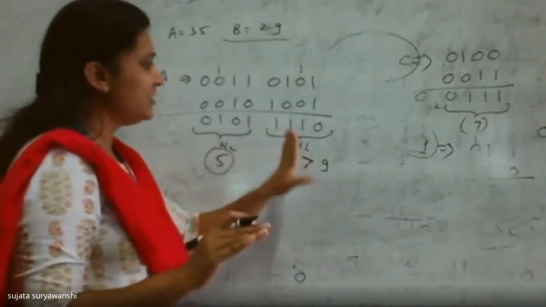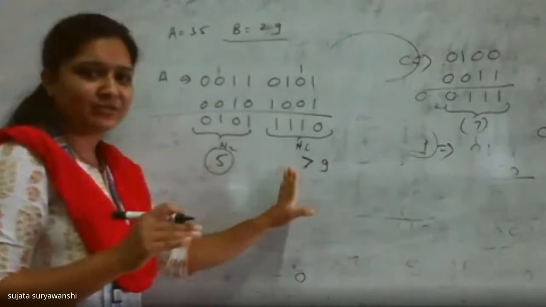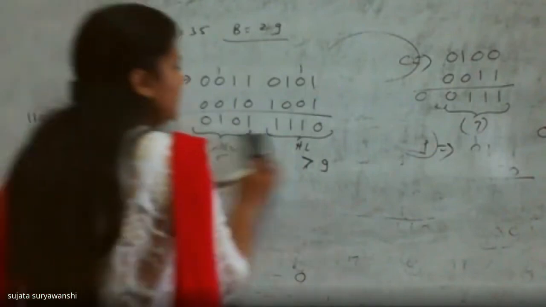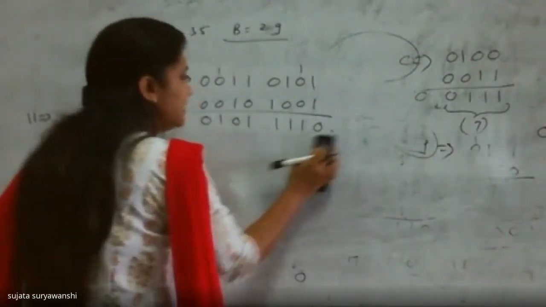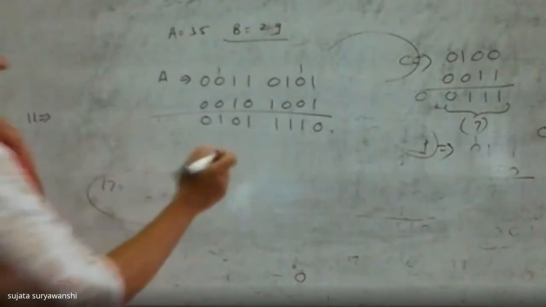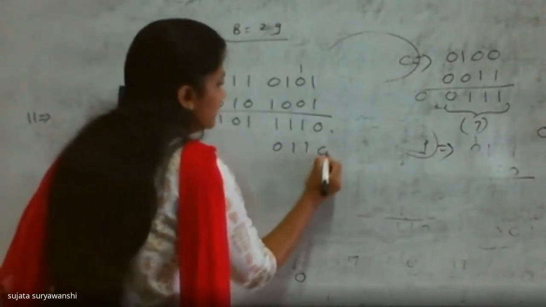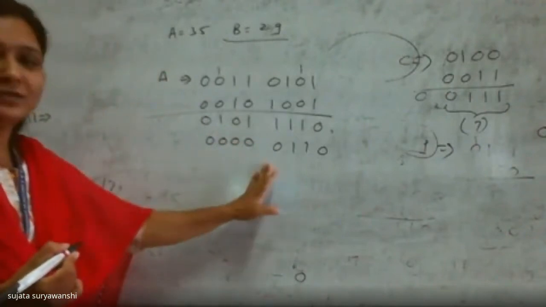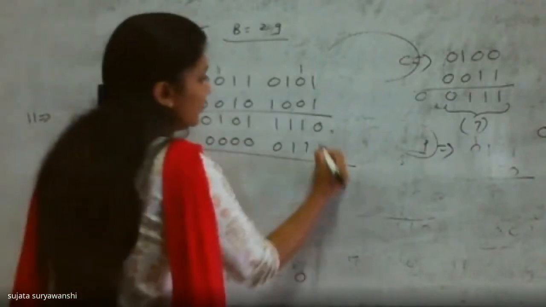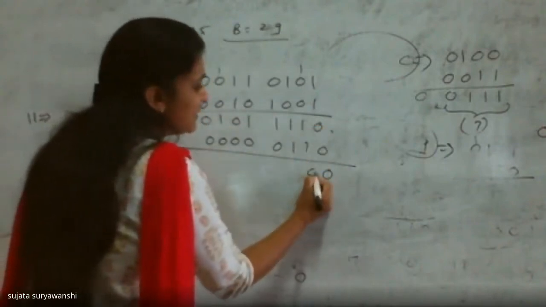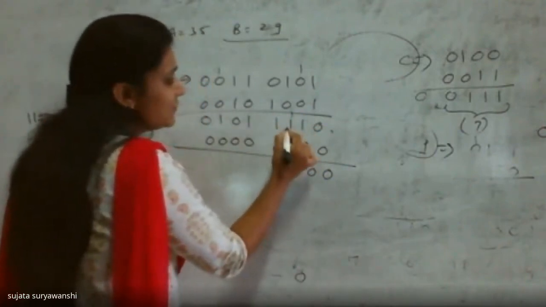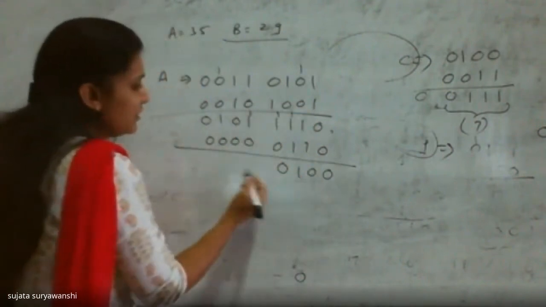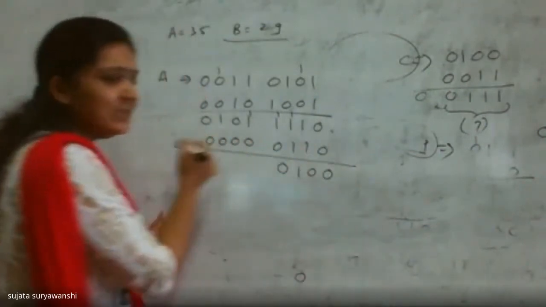But in the case of this, your sum is greater than 9, but carry is not generating here. So to get it in the original or true BCD format, you have to add 6 into the first nibble only. So add 6 here, 0110, and don't add 6 here. So I am adding 0000. Okay. Then 10 plus 00. 1 plus 1, 0, carry 1. 1 plus 1, 0, carry 1. 0 plus 1, 1, carry 1. 0, carry 1.